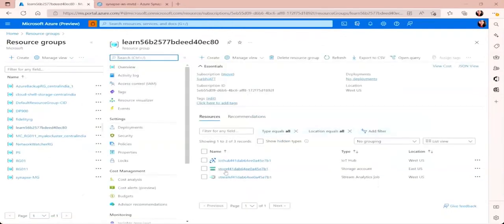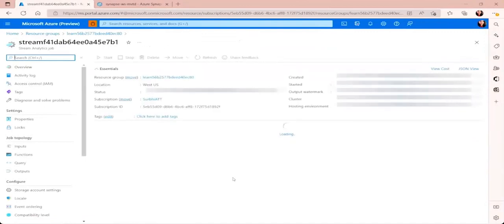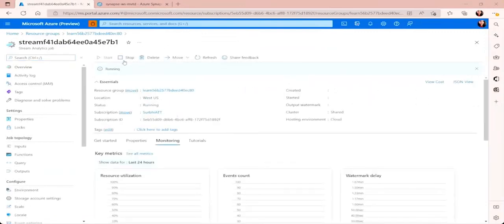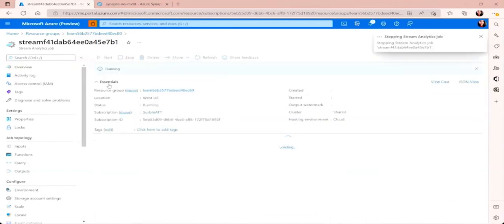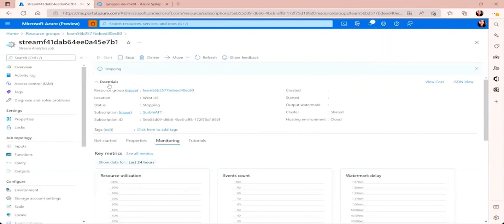So we move back to our resource group and let's just look at the Stream Analytics job that's running. And we'll stop it. Just as you stop it, the data getting ingested in the storage account will stop. And that is a very basic demonstration, a very basic example of how to provide input to a Stream Analytics job and how to send the output of that data. Now, because we have used a script, you might want to look into the script to understand what is actually written in that